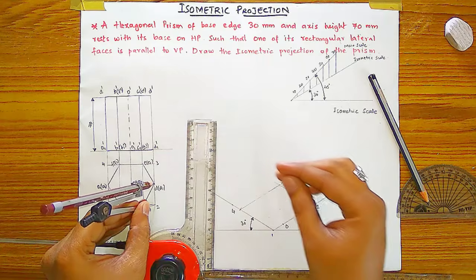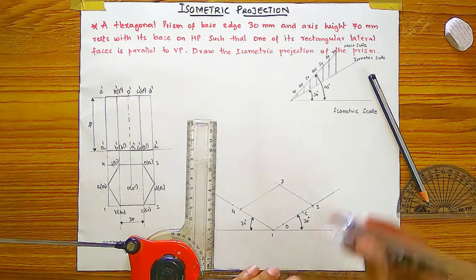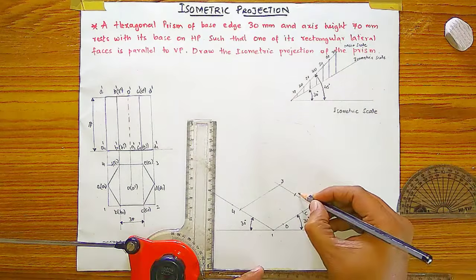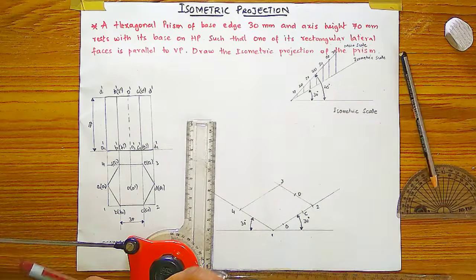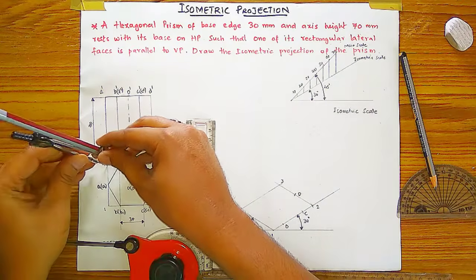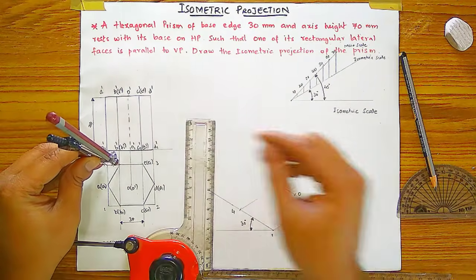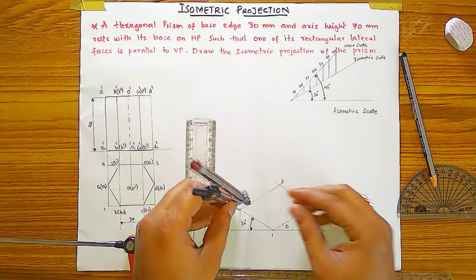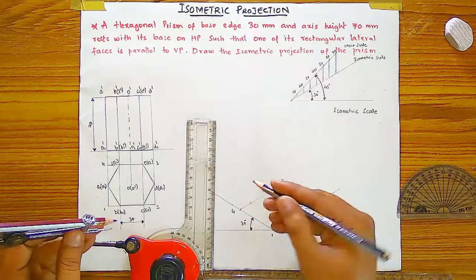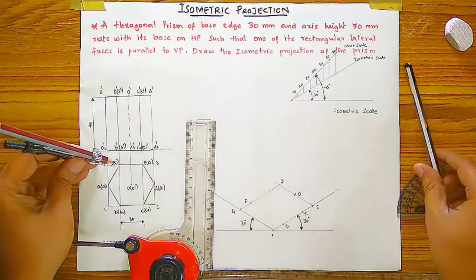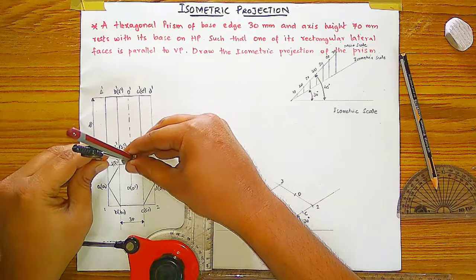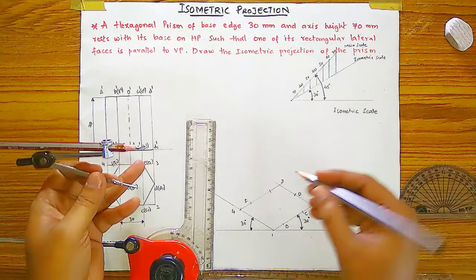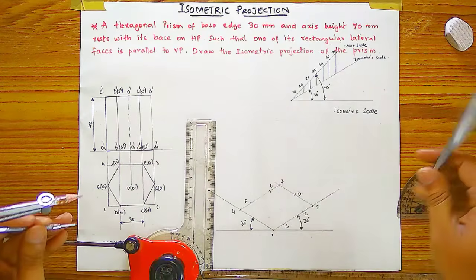So I will measure this till D from 2, and keeping on 2 only you have to adjust and draw, and this point is B. And the same process upward also, from 3 to 4, F. Keeping on 4 and measuring F, means on 4 only I am measuring, and this point is F. And another E is also there, so adjusting and measuring F. That point is E, and this point is E.